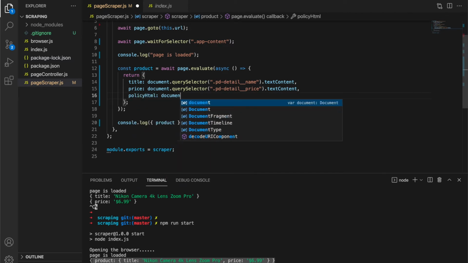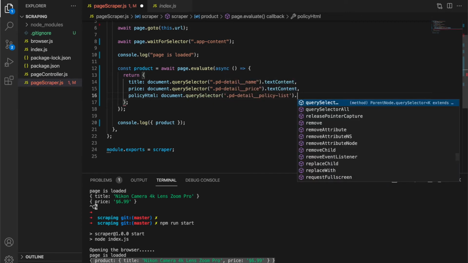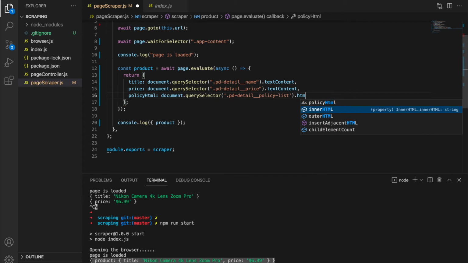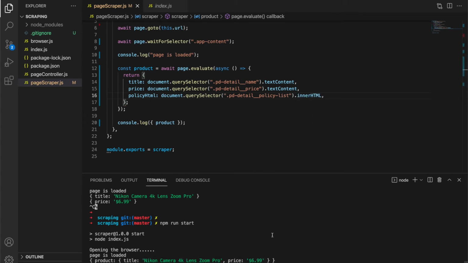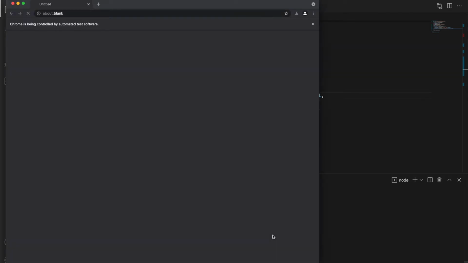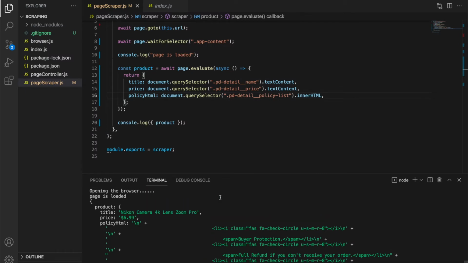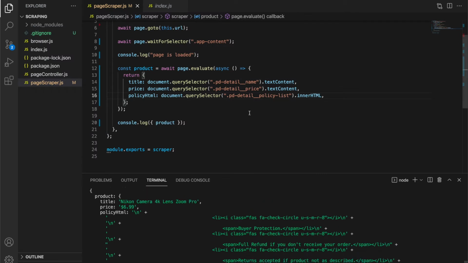Let's say document query selector. Grab this, and then let's say inner HTML. Let's see. And here we have the HTML for this element. So you can use any attributes you want.